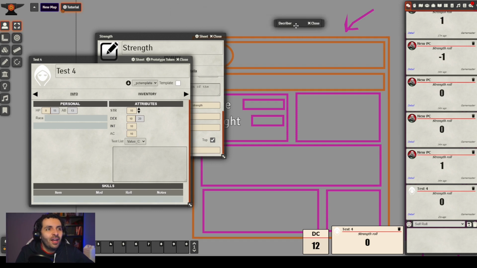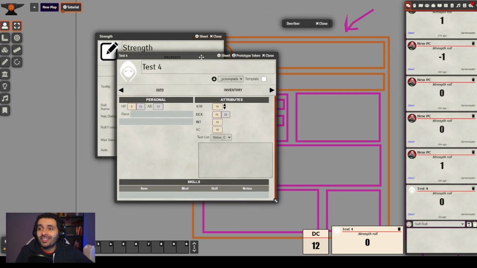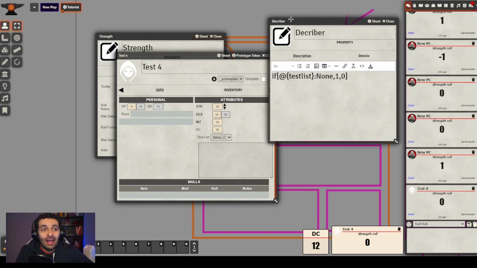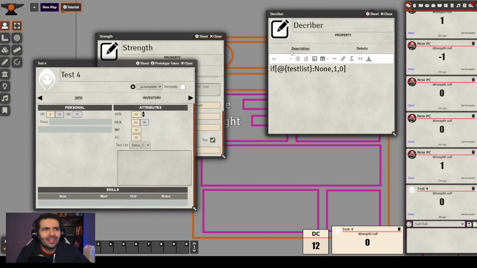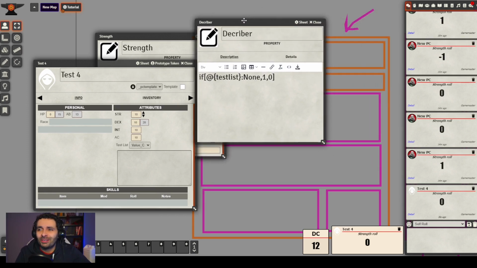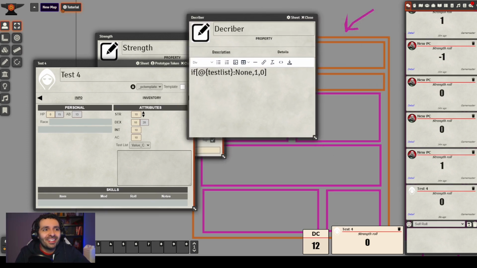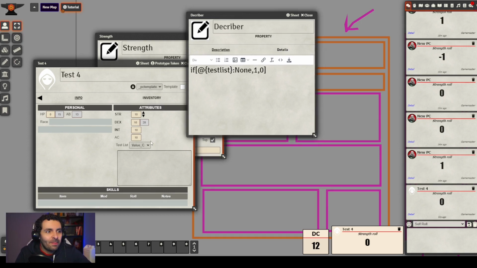Sorry for the cut, but I made such an idiotic mistake that I thought there was a bug. The only thing is that I copied the if formula with a blank space here. Okay, that's why it didn't work, and so I cut the video and I was looking for the bug, and in the end, after 10 minutes, it was just, this happens in the best families.